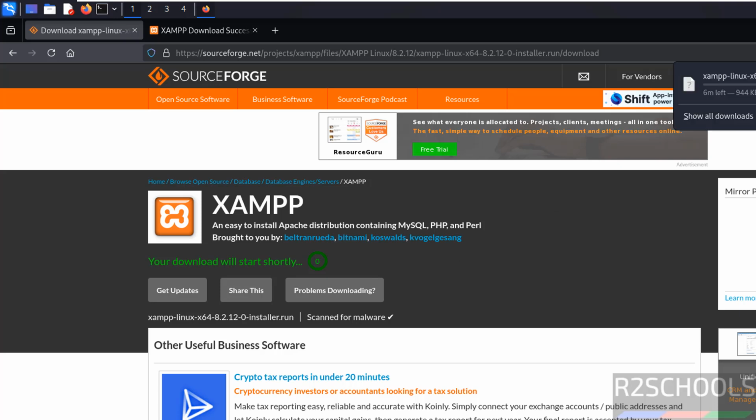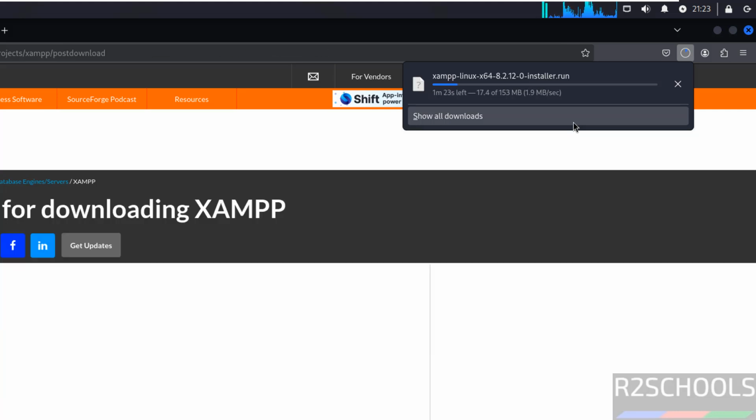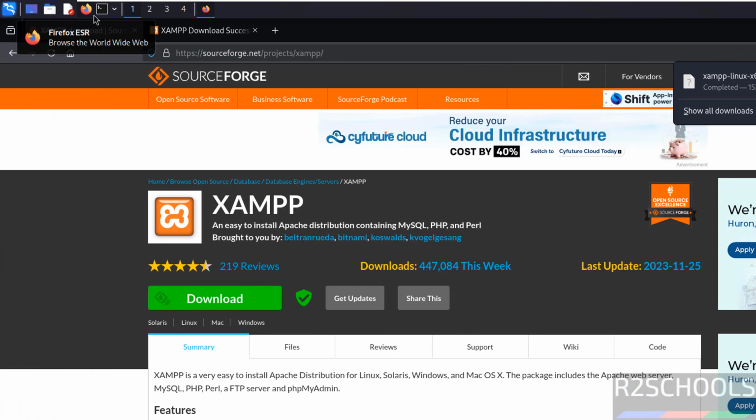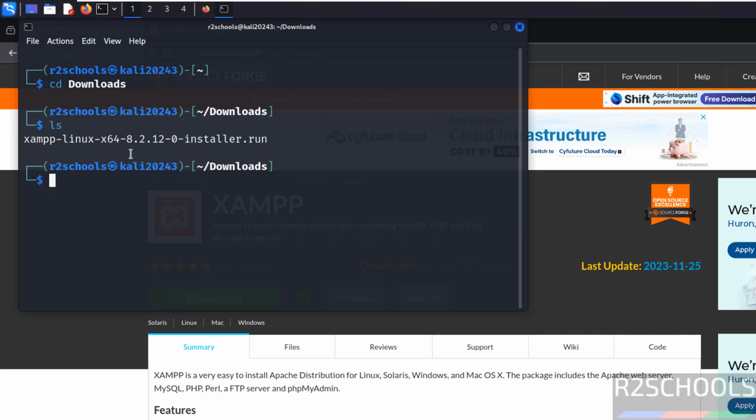See, the download has started and its size is 153 megabytes. Wait until the download completes. See, the download is completed. Now open terminal. Go to the downloads directory: cd Downloads, ls. See here, we have the XAMPP